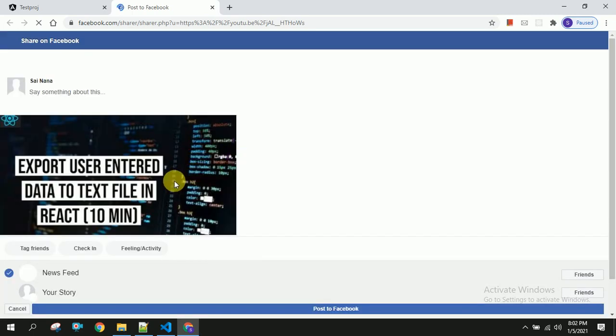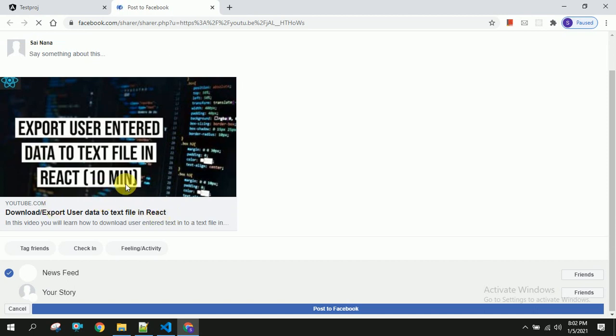If I click on the Facebook icon, you can see it is navigated to Facebook. If you are using it from your mobile, it will be navigated to the Facebook application directly. You can see here I have placed my URL, and this is the post to Facebook. Once I click on this, it will be posted to my Facebook account.